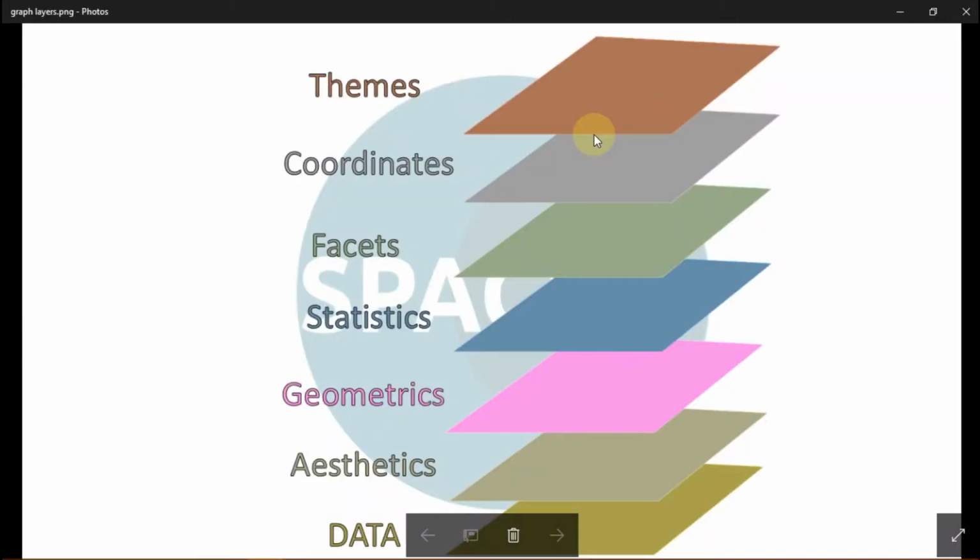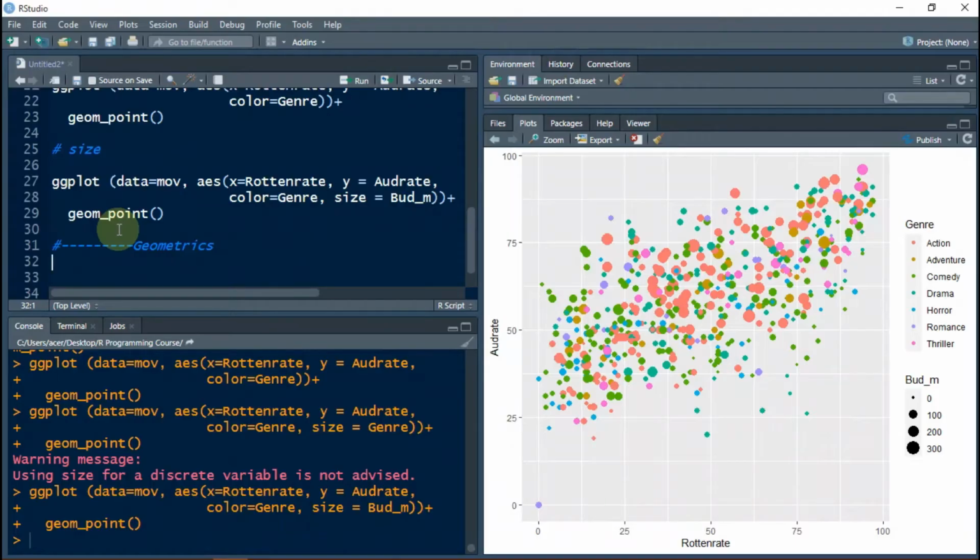So hello and welcome back to this course on R programming, and in this tutorial we'll be discussing geometrics, and we'll also be learning about adding different layers to our graph. This concept is very important when we move further down the course. So let's dive in. As you might remember, in the previous tutorial we plotted this beautiful graph, and